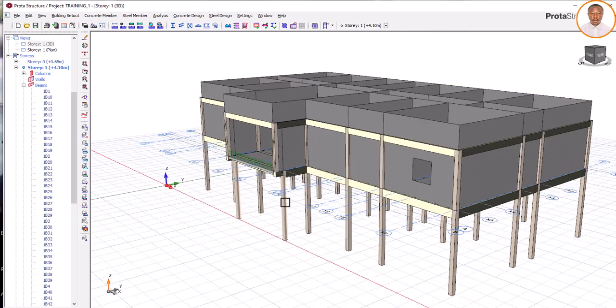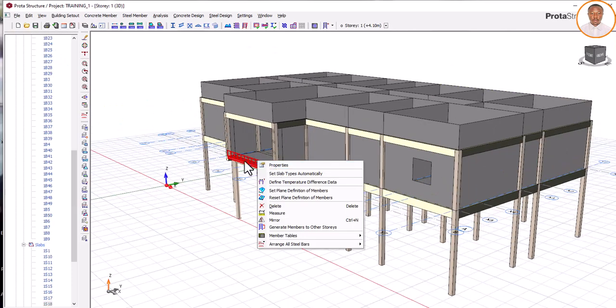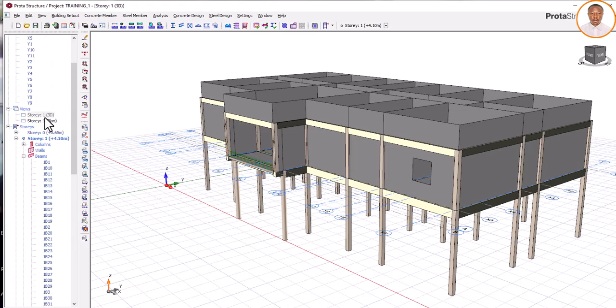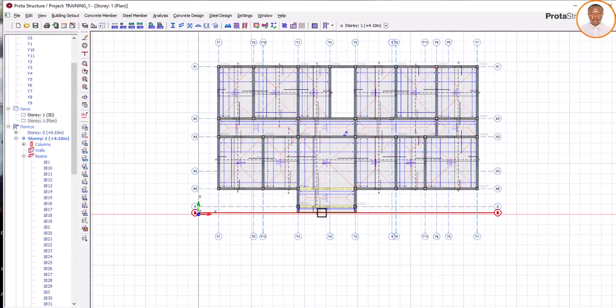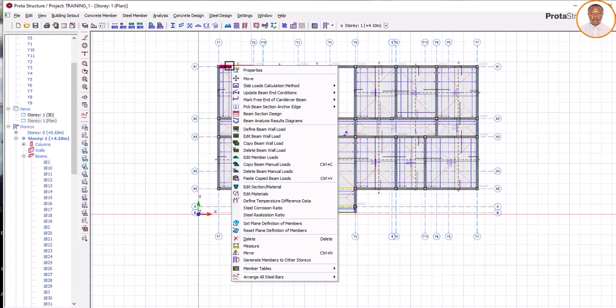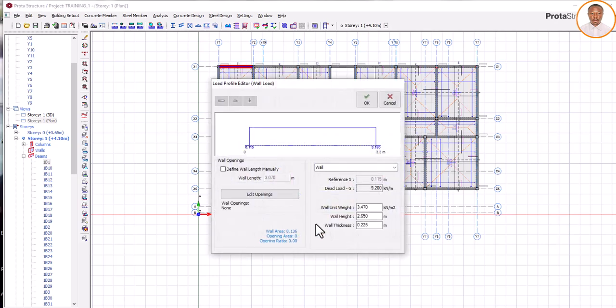But in a situation whereby, let me go back to plan view. Let's now assume that in the course of my design, let me quickly do some things. Edit beam wall load. Where is the edit beam wall load? Okay. Let's now assume that my height is 3.4. So you can see 11.8. Since the same height is what the house is carrying, not that one place is higher than the other, the same height that they are carrying at that particular level,